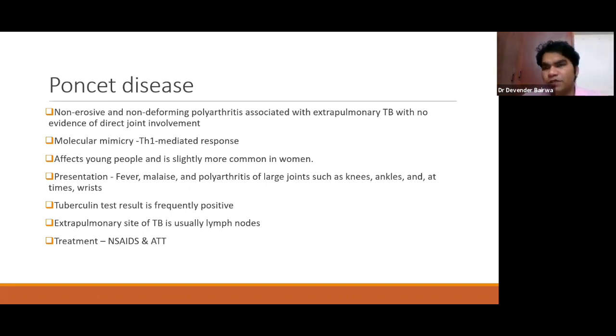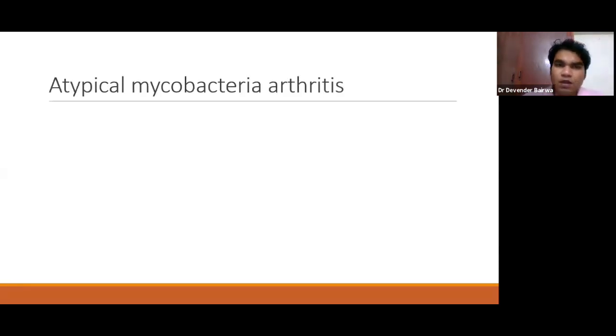I have seen 2 cases of Pott's disease. In both cases, as soon as we started ATT therapy, after let's say 2 to 3 weeks of therapy, their symptoms started resolving. Coming to atypical mycobacterial arthritis, now realize typical mycobacteria goes for the bone, atypical